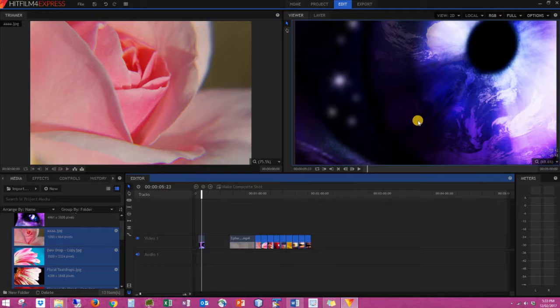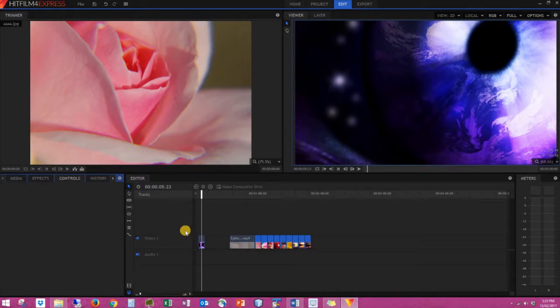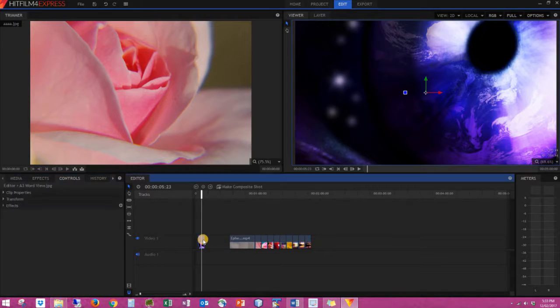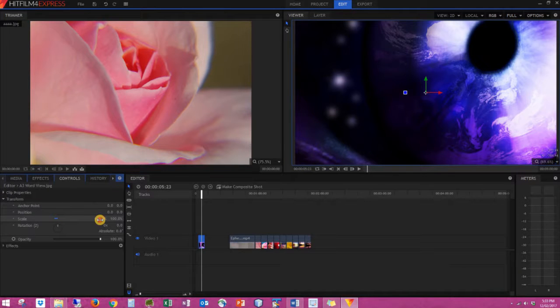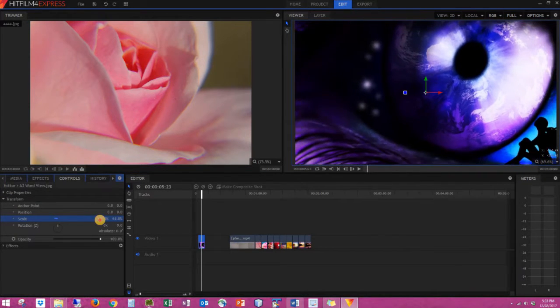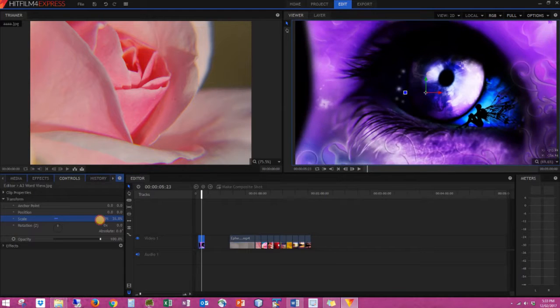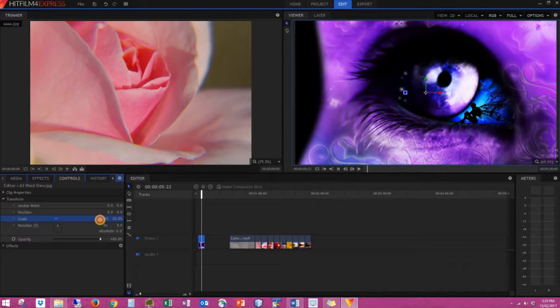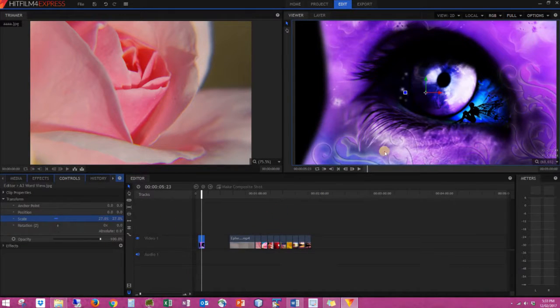Now the images again will come in to their set size, and to resize them again you can go to your controls, make sure you are clicked on the image that you wish to resize, go to transform, and you can simply resize down with the transform controls. Or if you like to be more hands-on with controlling it, you can change your view simply by clicking in the view and again control scrolling out,